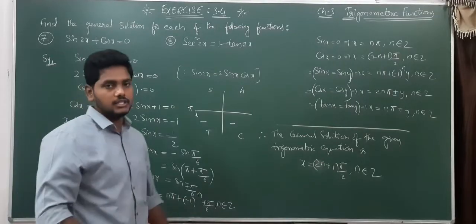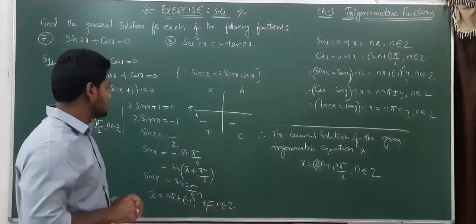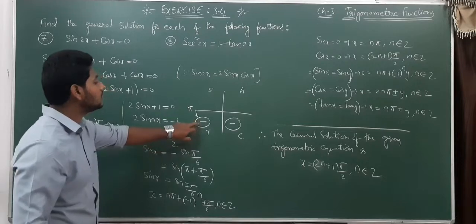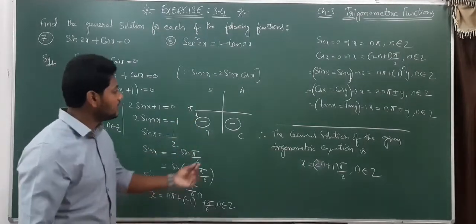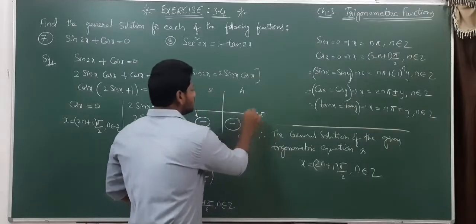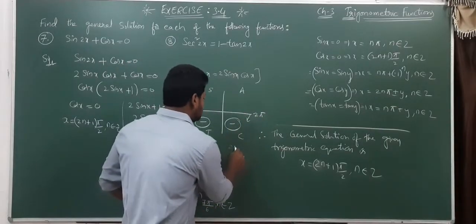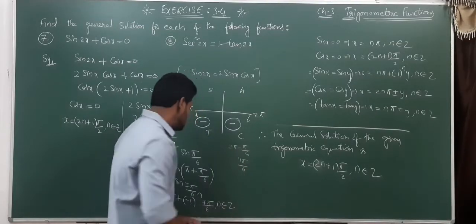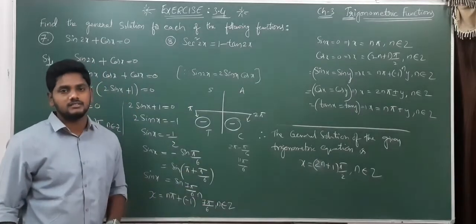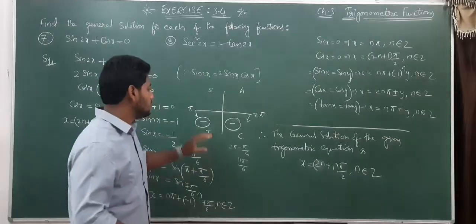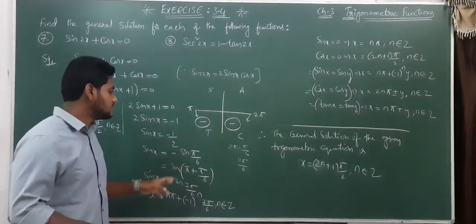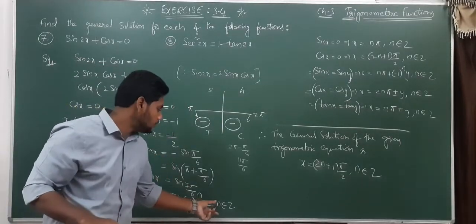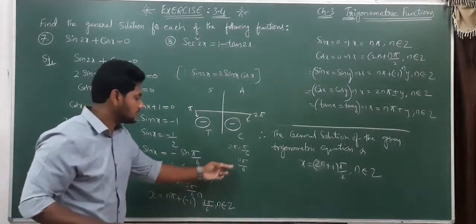See, here you may get a doubt, if you observe clearly, you will definitely get a doubt. Sir, if we take third quadrant, sign is negative in third and fourth, right? If we consider third quadrant, pi plus pi by 6. Sir, can we consider this also? This is also 2 pi minus pi by 6, which is 12 pi minus pi by 6, which is 11 pi by 6. So instead of 7 pi by 6, can we consider 11 pi by 6? Here we won't consider 11 pi by 6. Why? Because first value we will consider. Why? Because this is general solution, right? General solution means infinite number of solutions will be there. In this infinite number of solutions, this also will be there.